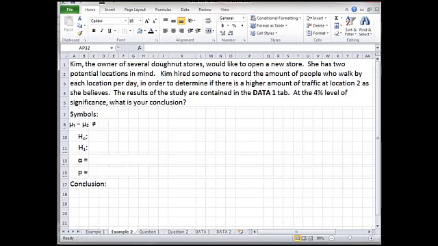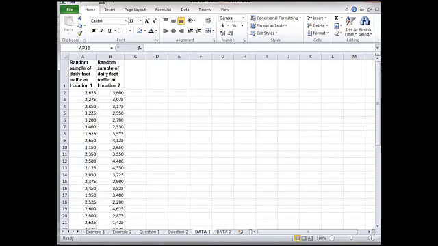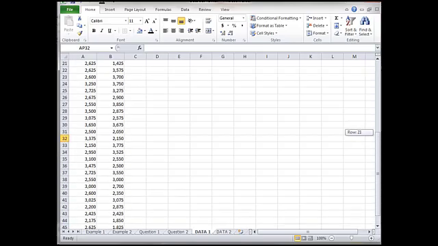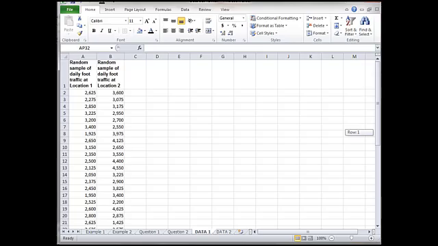Now again, from what we see here, there's really no way to determine whether this is an independent sample question or whether this is a matched pair question. But if we go and look at the data that we're given, we see that it says we have a random sample of daily foot traffic at location 1 and a random sample of foot traffic at location 2. Now, if we look, both data sets are the same size, so that really on its own doesn't give away anything. But the fact that it's told us that it was a random sample at each location,